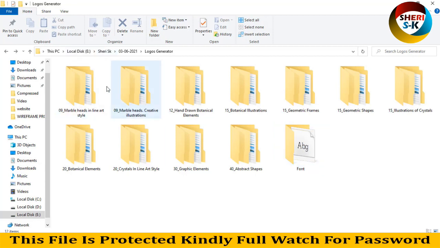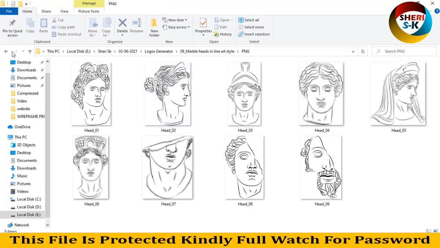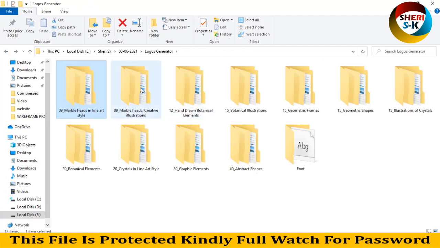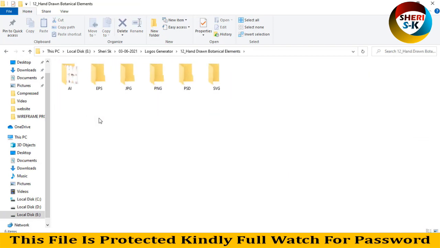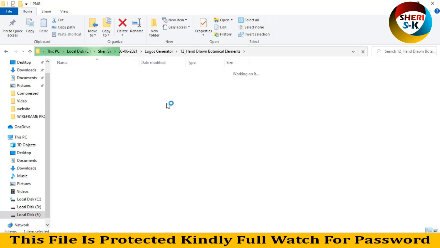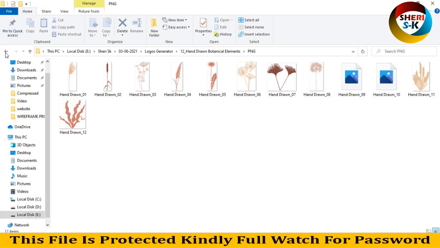Here is a marble head in line art style, in PSD, PNG, JPG, EPS, AI files. You see the marble head. Here is hand drawn, okay, in 6 different formats. Wow. PNG is here, working on it. Sorry, the file size is high. Okay, and